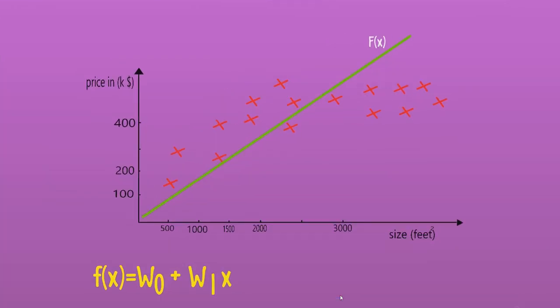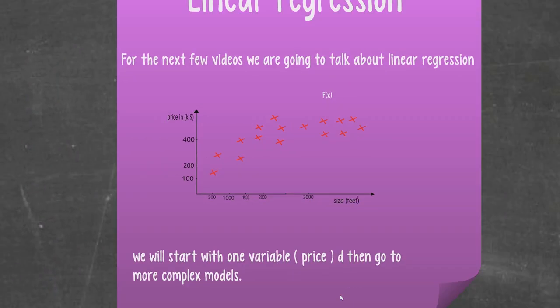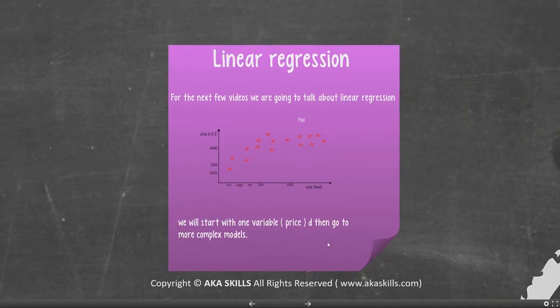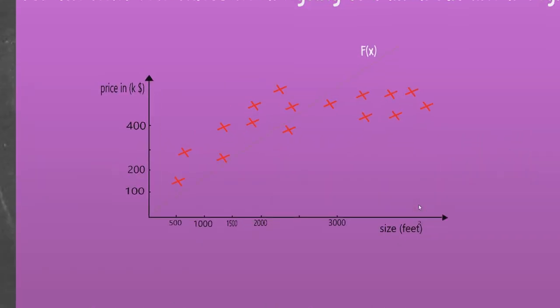By the way, another thing I want to point out is we will start with one variable, which is the price. But you remember our example of cancer. We started with tumor size, and then to make our example more precise, we also used the age of the patient. We're going to do the same. We're going to learn just using one variable, for example the price, and then we're going to start doing it with more variables.